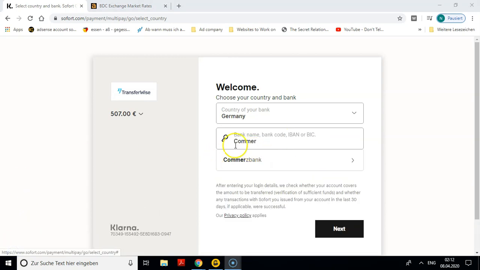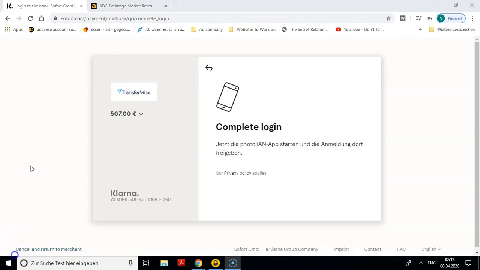So here it's going to ask you what's the name of your bank, or the banking code, or the IBAN. So you just basically have to put in the name of the bank, and it moves to the next page where it asks you for your banking code and your password. So I'm going to do that and come back to you. So after entering my banking details, I'll have to do the confirmation on the banking app, which obviously you can't see. So I do the confirming,